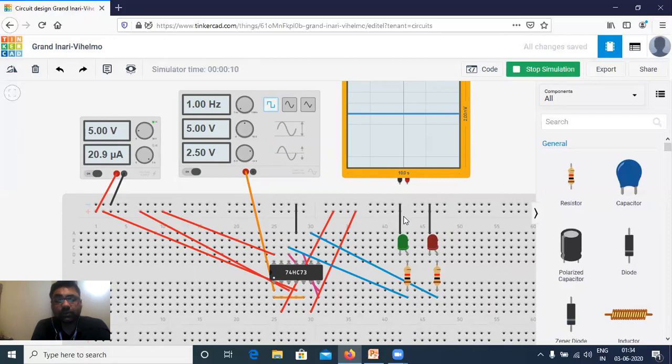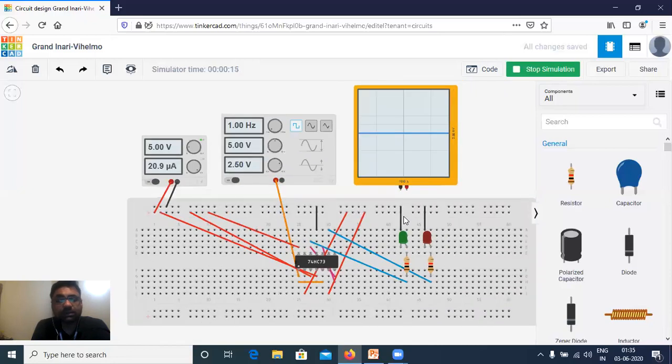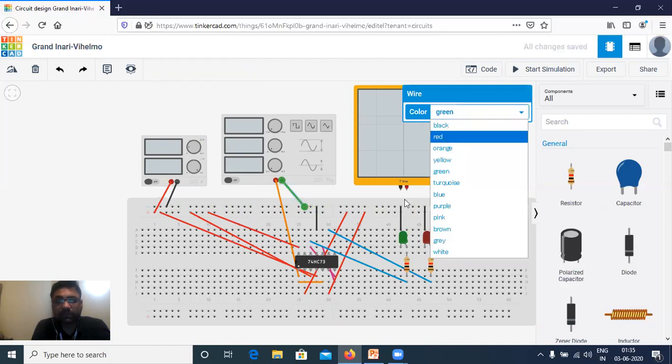Okay. One thing we have left here, that's why the operation is not happening. That is the ground connection of the function generator we have not done. And the CRO also is not connected, so you are not able to see anything on the CRO. So let's connect this to the ground. So this is connected to the ground. Color code is black.